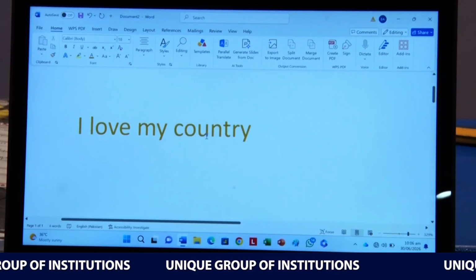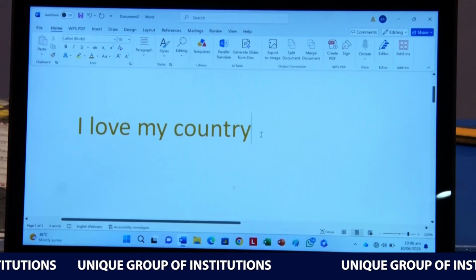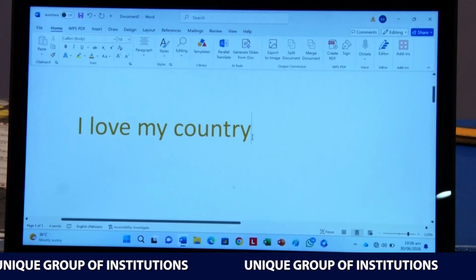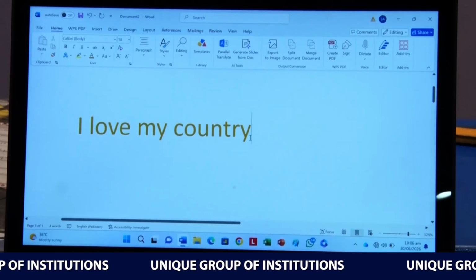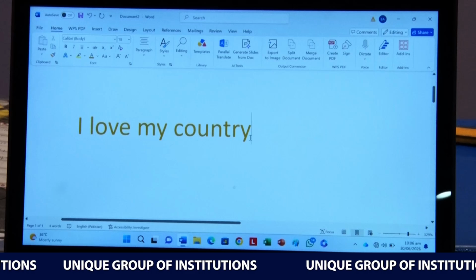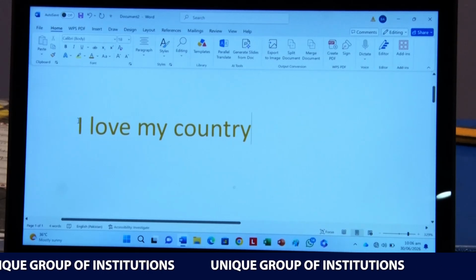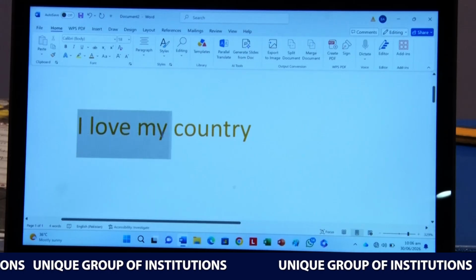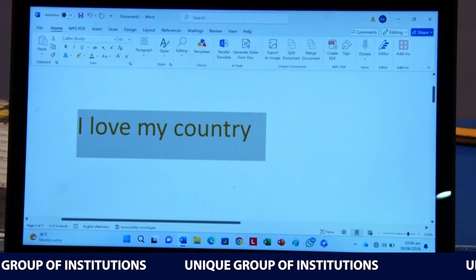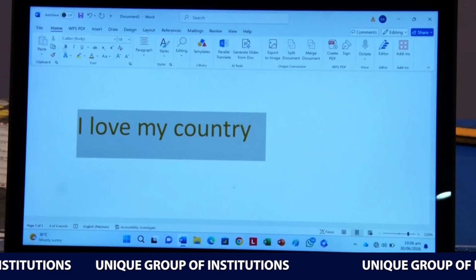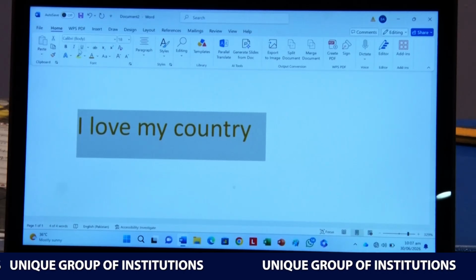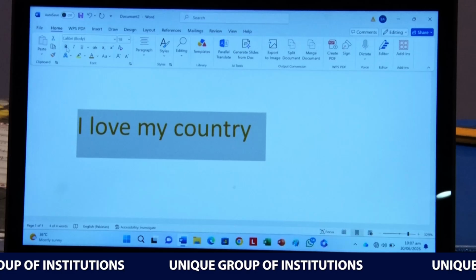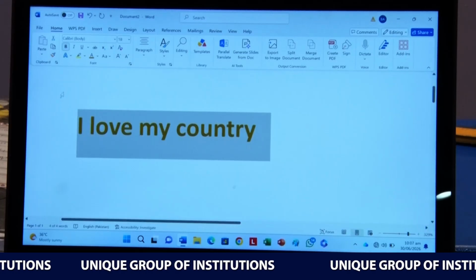Now on page 24, open your page 24, you learn how to bold, italic and underline the text. To do bold, italic and underline your text, you have to again select the text, and there are three options: bold, italic and underline. If you press the B, your text has been bold.